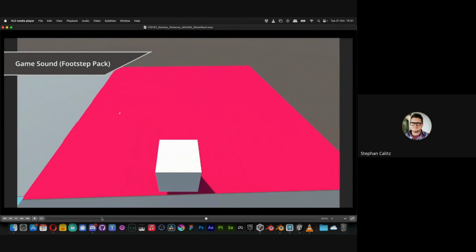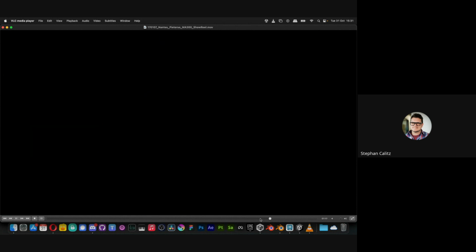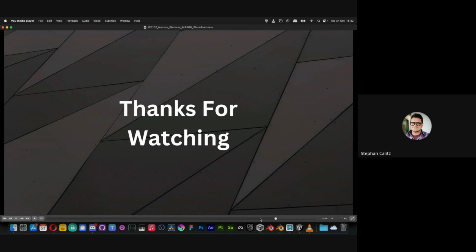Oh yeah, and then this part, I think this carries on for the rest of your reel, but this part says game sound, footsteps, but then we have audio up until here, and then we start hearing the footsteps, and then the footage goes, and we still hear the footsteps.